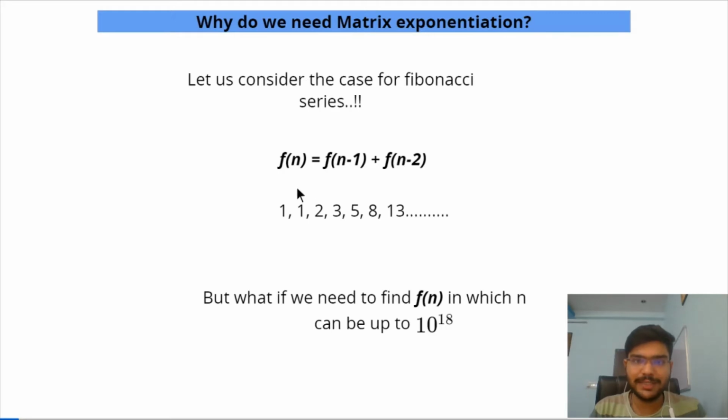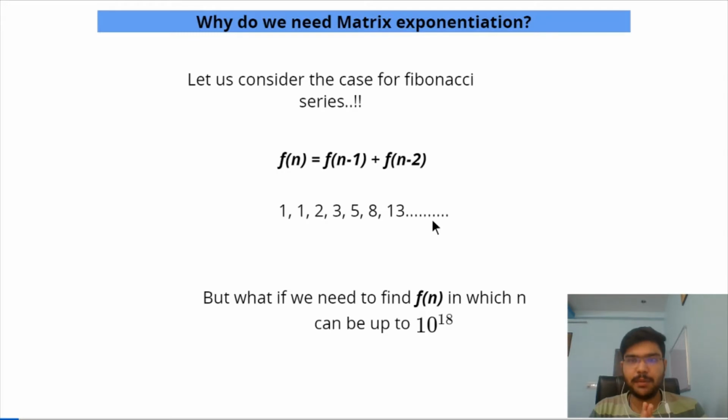So if we form an example of the Fibonacci series and take the base condition as 1 and 1, for the 0th and the first position, then we'll form the Fibonacci series like this. We'll add up both the previous states and form the next state, right? If we add 1 and 1, the next state will be 2. We'll add 2 and 1, the next state will be 3. We'll add 3 and 2, the next state will be 5. Similarly, we'll go on and form the Fibonacci series.